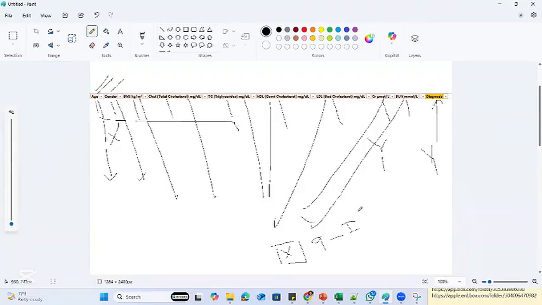Usually, we are collecting the patient's age, gender, BMI, and also